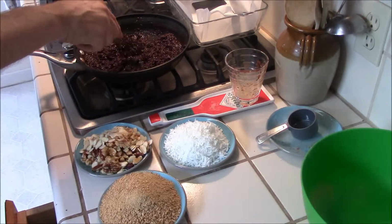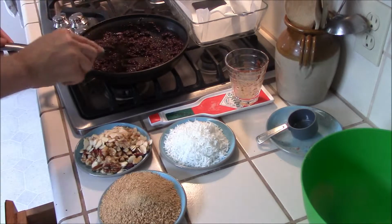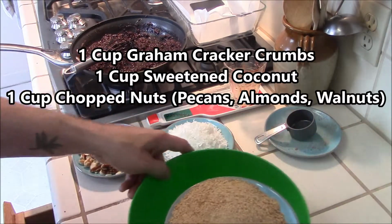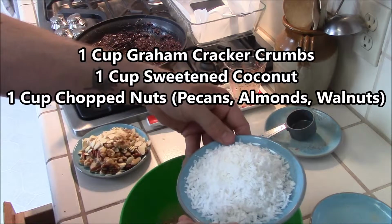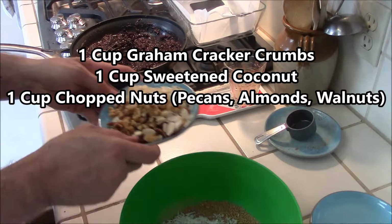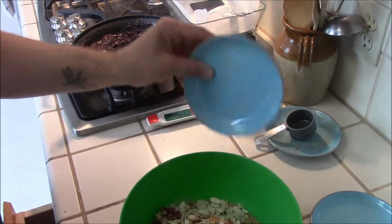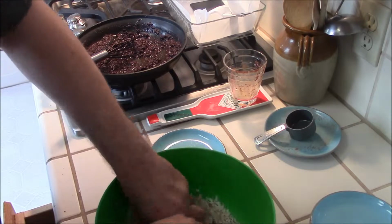And what I'm going to do is combine everything. In this bowl, we got some graham crackers, about a cup of graham cracker crumbs. This is, of course, sweetened coconut. And this is a mixture of pecans, almonds, and walnuts. And we are going to mix these up